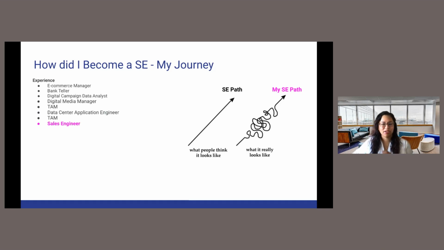So my experience goes way back 13 years or so. After I got out of college, I didn't go into the workforce right away. I got married, started a family, stayed at home for a while, and then I went back into the workforce. Even though I had a computer science degree with a minor in business administration, I had to start from the bottom up. Why? Because I had to relearn a lot of the skills that I didn't practice within that 3-4 year gap that I was a stay-home mom. So I started as an e-commerce manager, managing a bridal website.